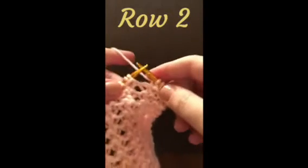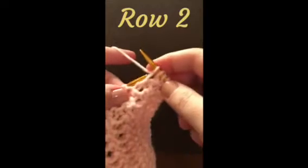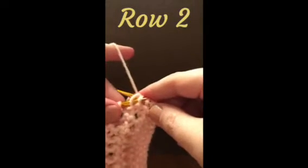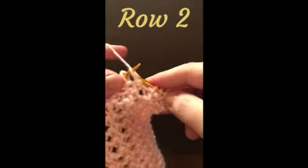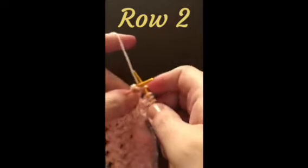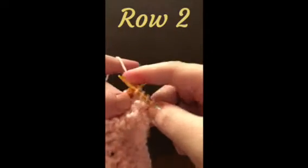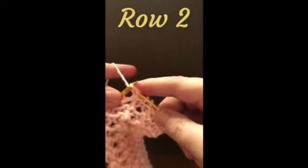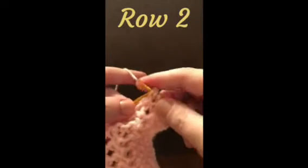So you'll slip purlwise, put those 2 back on, go from the right to the left and under, insert your needle, yarn over, drop that off, yarn over, and drop that off. Again, purlwise